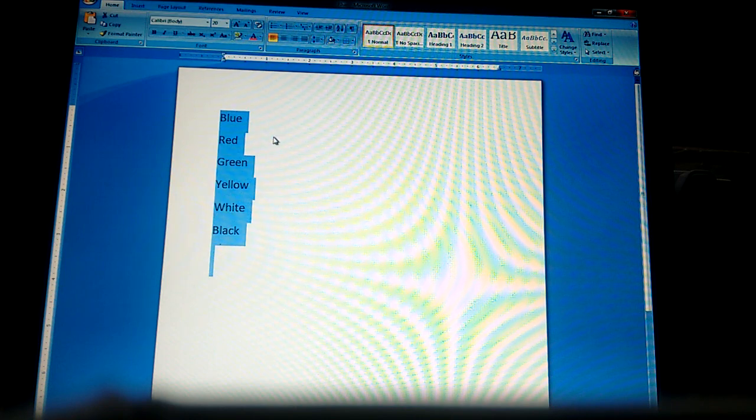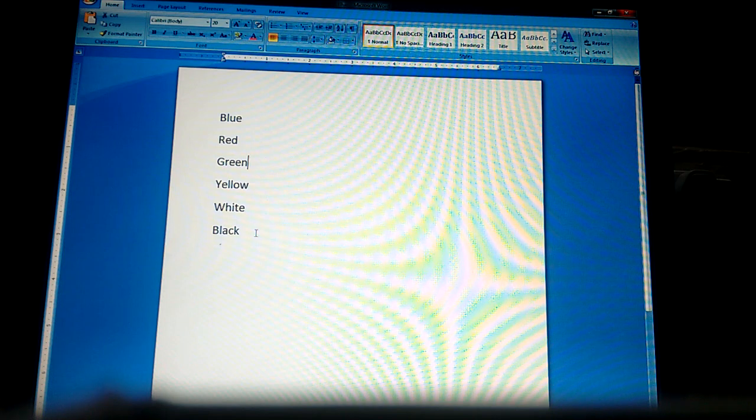Okay, now we will learn how to check the spelling and grammar. You can see here, there are no lines, no green line, no red line. Yes, it means all spellings are right and there is no grammatical mistake. If any grammatical mistake is there, a green underline wave will come.